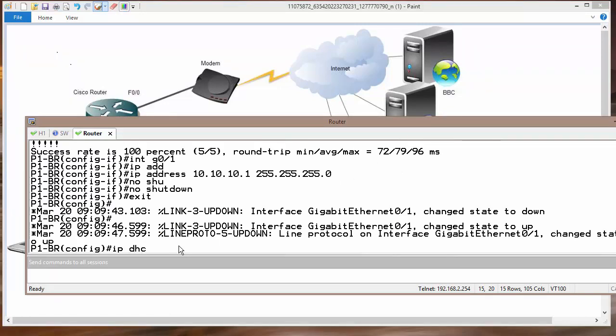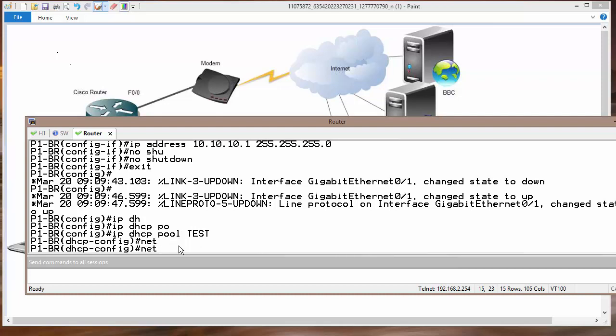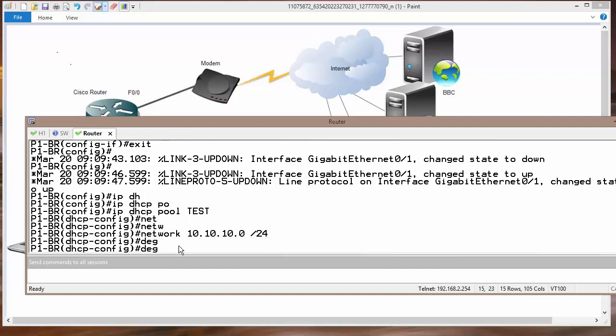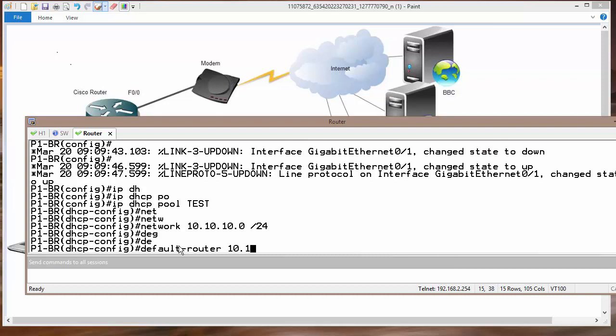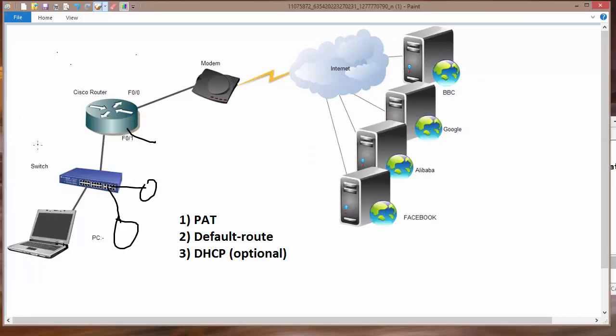So ip dhcp pool, the name of the pool is test, and then the network is going to be 10.10.10.0/24, and the default router is going to be me, my interface 10.10.10.1. So this is the network inside our LAN, 10.10.10.0/24, and 10.10.10.1 is the IP address of gig 0/1, which is connected with the LAN.